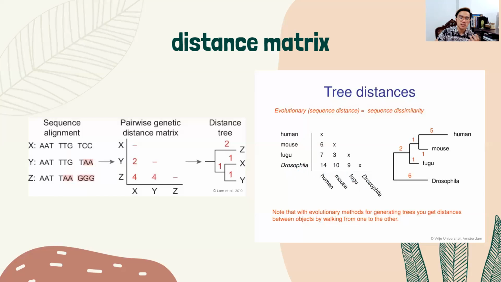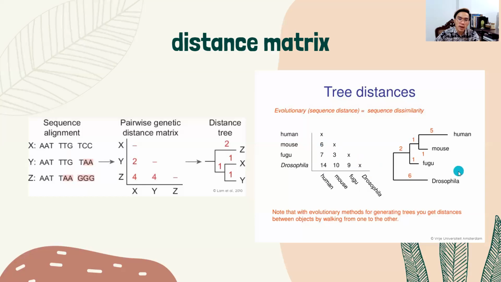But how about human in this case? If you look at the difference between human and Drosophila, that means there's a lot of genetic variation, a longer genetic distance between human and a fly. That's good to know. But if you look at the difference between human and pufferfish and human and mouse, there's really no large difference. There is still a difference for sure, but between the two, there's less. We would say that there is less difference between human and mouse compared to human and fugu, human and pufferfish, which makes sense in reality.